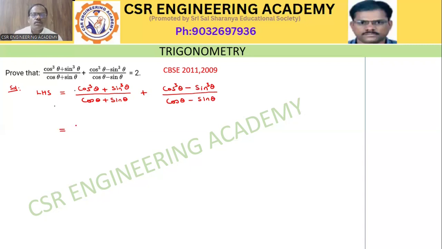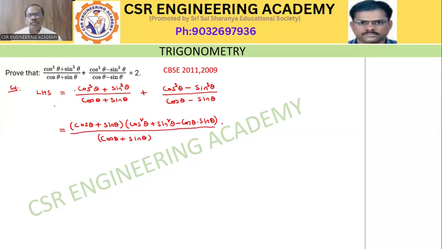Is equal to (cos theta plus sin theta) into (cos square theta plus sin square theta minus cos theta into sin theta) divided by (cos theta plus sin theta), plus (cos theta minus sin theta) into (cos square theta plus sin square theta plus cos theta into sin theta) divided by (cos theta minus sin theta) is equal to,